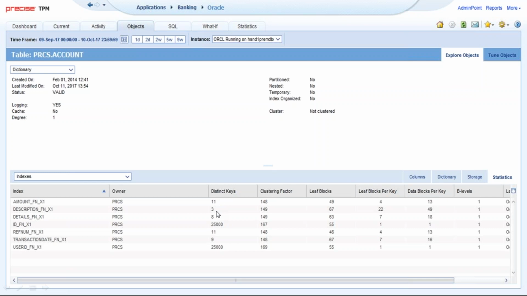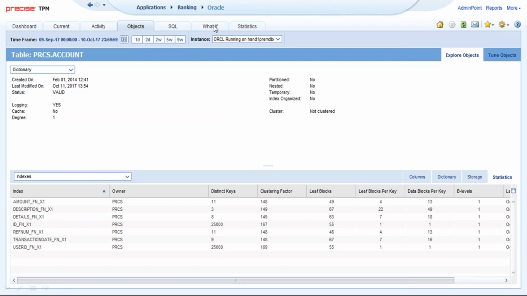And what you want is a lot of distinct keys, because that means that the index is highly selective, and when it's used, it will point to a small subset of the table, therefore saving I/O operations. Well, a whole bunch of these indexes are barely selective at all, and they're not going to do me much good. So let's take these into the What If tab to say, if I were to drop these indexes,